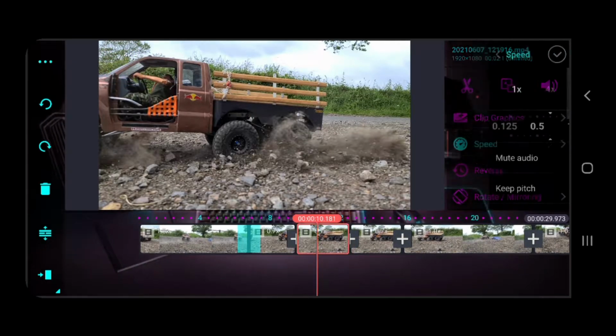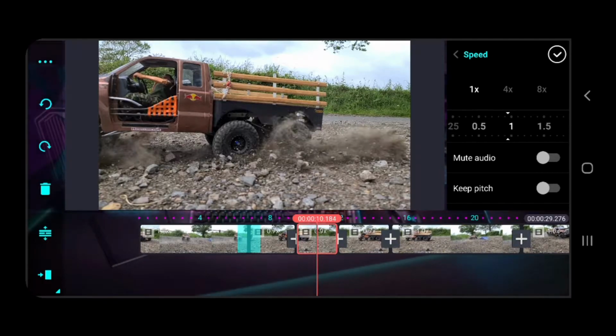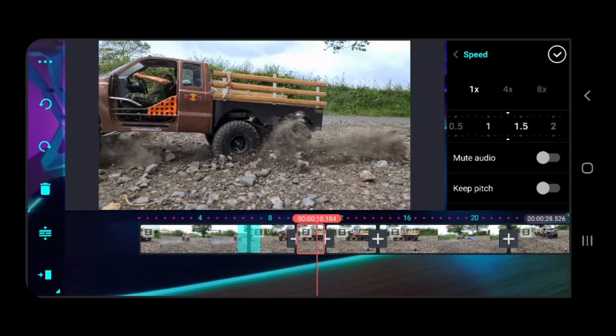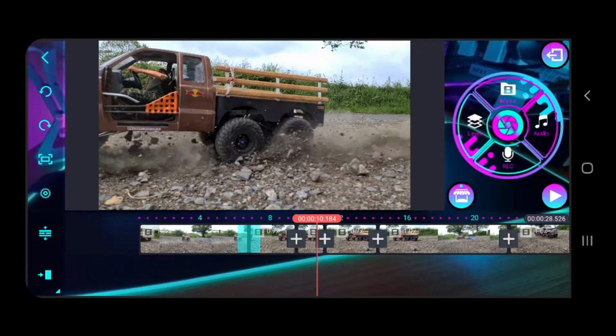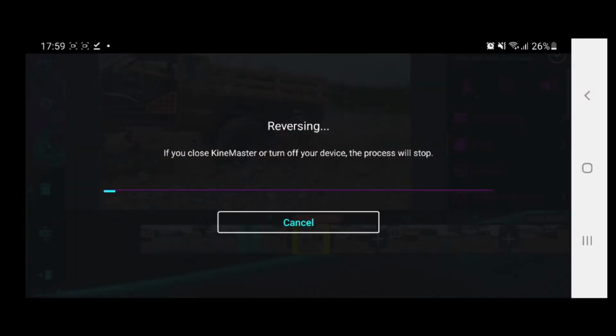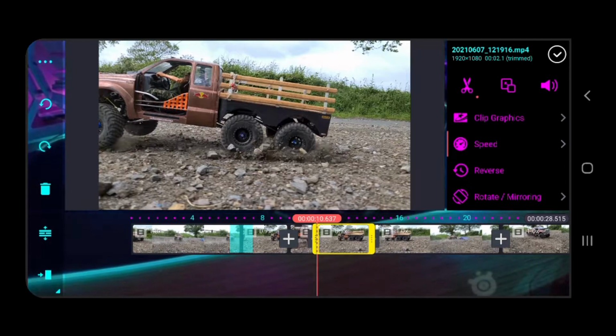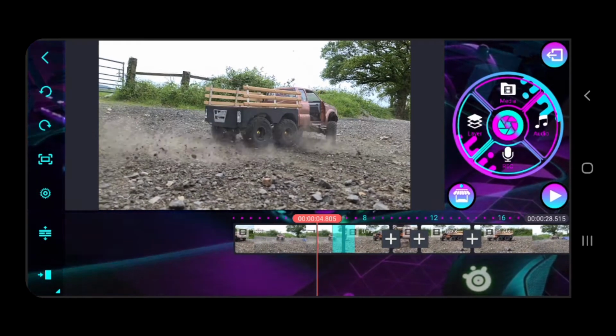Now what we want to do is change the speed of this second one to 1 plus 2 or 3, right? And then you want to click on here and go on reverse. This will reverse your footage. And now if all works well, you should see